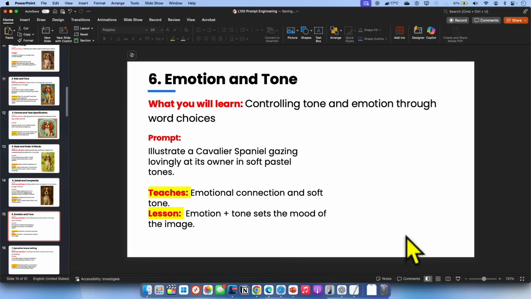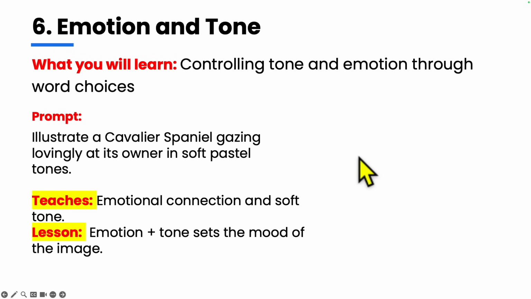Let's go to the sixth example. Here we are going to learn about emotion and tone and how it is going to affect the output. So what we are trying to learn here is controlling tone and emotion through word choices. So the prompt we are going to ask is: illustrate a Cavalier Spaniel gazing lovingly at its owner in